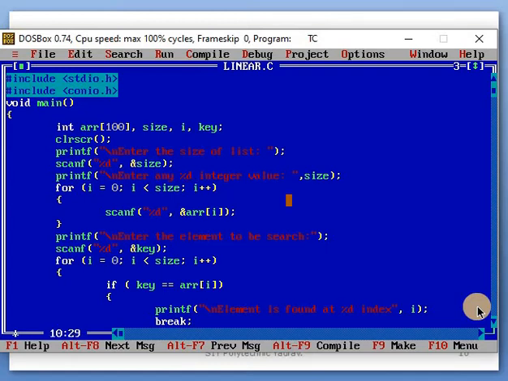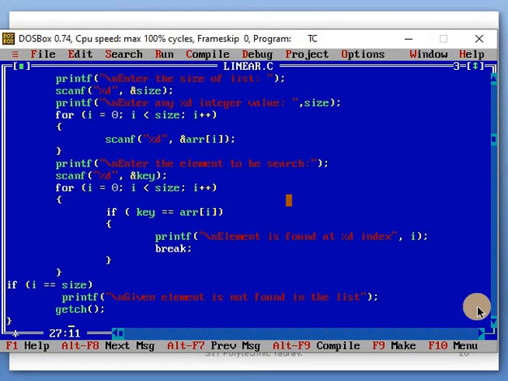%d. A for loop is used. Why is a for loop used? When a loop means multiple statements are executed, at that time we use a for loop. Scanf of a[i], where the array indexes are 0, 1, 2, 3, 4, depending on how many numbers we give, that statement is repeated. After that, this is the condition.